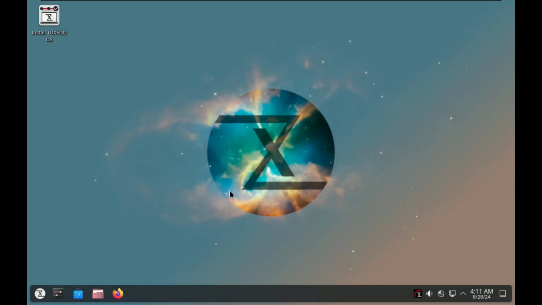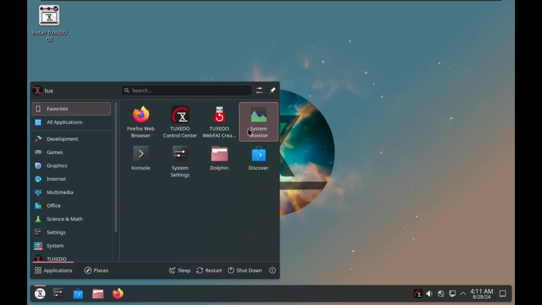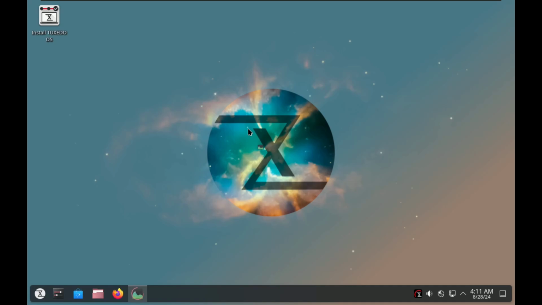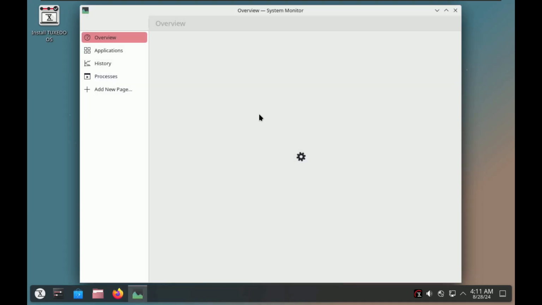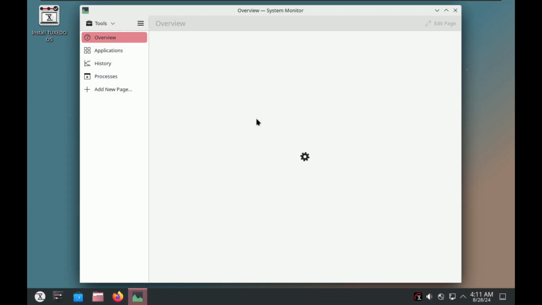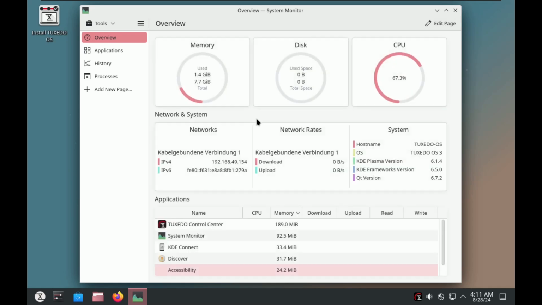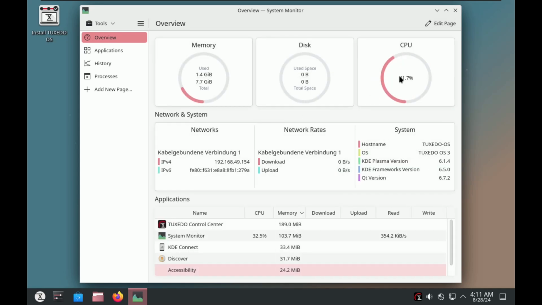So here you can see the desktop layout loaded completely. It took almost 5 minutes. Before touching any display settings or any applications, I'm going to show you how many resources it's consuming. Let me open the system monitor, and I'm going to show you the CPU issue in KDE Plasma 6.1.4. You should be seeing the CPU almost touching 100% without opening any applications,